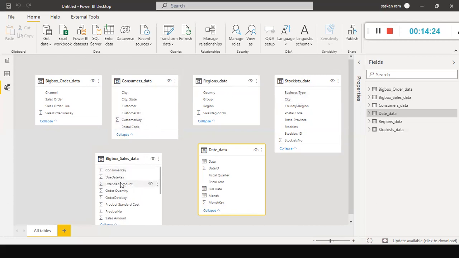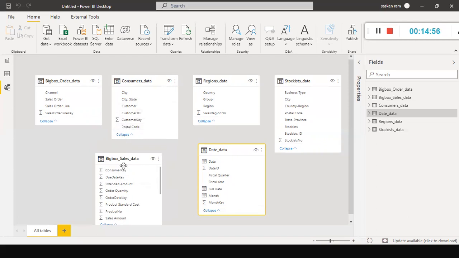So in that case, what we do is, in this case, I know very well. I spoke to my business people and I asked them, what is the corresponding key column name in the consumer's data for this table's consumer key? Because I need to join these two tables based on that common key column, consumer key. But here I don't see consumer key. But here I have customer key, but it is prefixed with some kind of sigma value. Okay, I cannot go by like this.